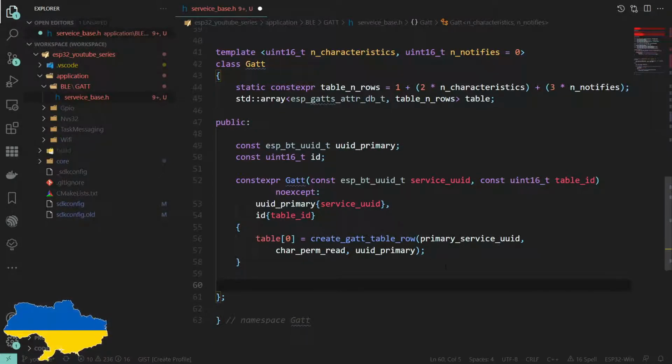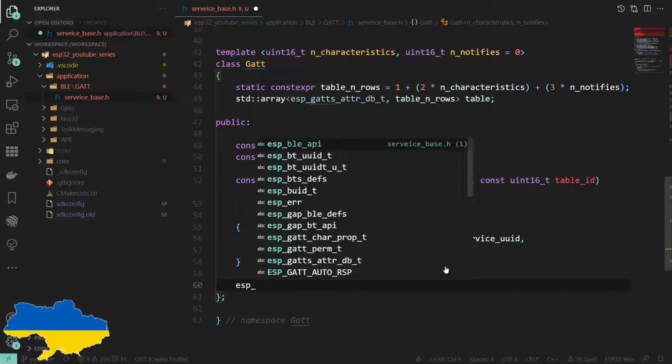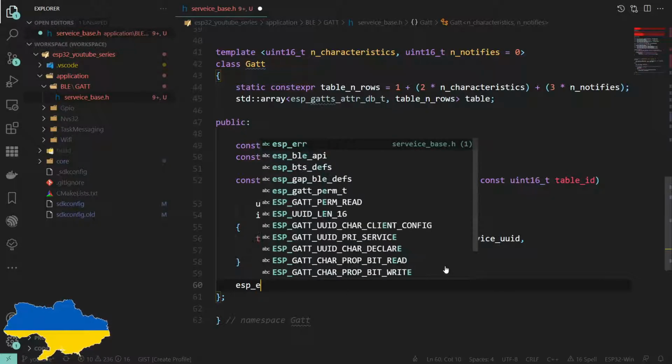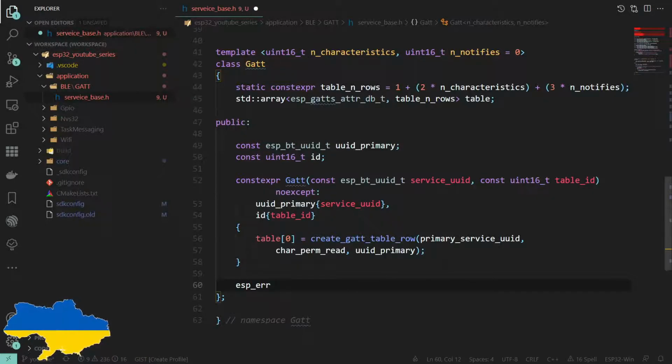So we will need to actually create the table. So this is where we'll be calling the API. So create table, and we will need to pass some stuff into here, but we'll see that when we get there.